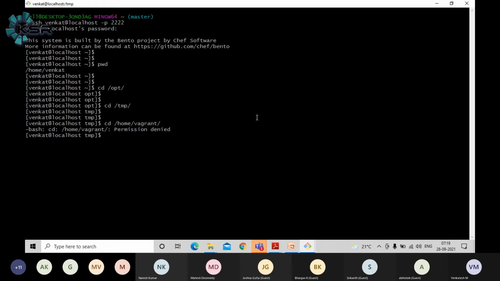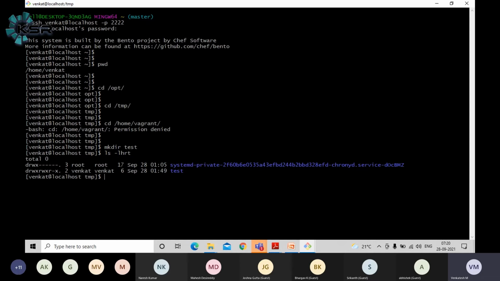Okay. Then, in case you want to create a directory, how do you do it? To do that, we need to fire up a command called mkdir, make directory. Let's say you want to create a folder called test. To do that, mkdir test. Immediately it will create a folder within the temp folder called test. Again, if you want to go inside the folder, same steps, guys: cd test. This is how you can change to any folder, guys.